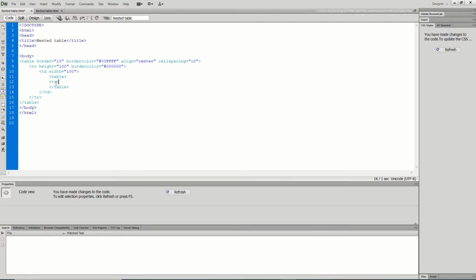Again we have to apply the same rule if we want to put height and width. So here we want to make it small, so we are going to keep height is equal to 20, and after that we are going to close the tr,